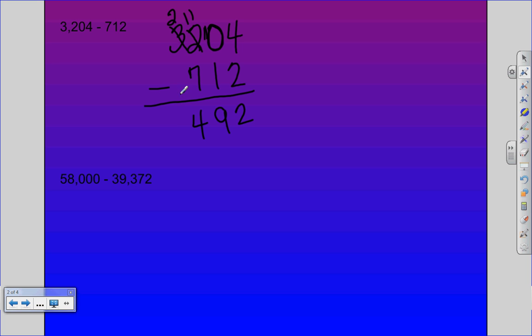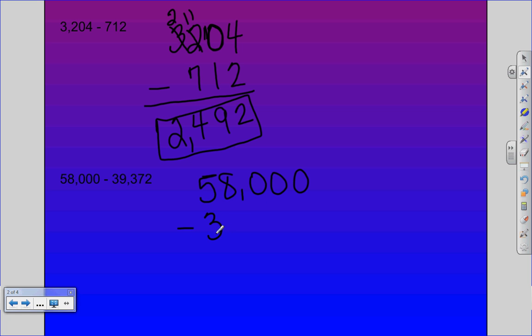2 minus 0 is going to be 2. Do not leave that 2 up there hanging. Make sure that you bring it down. Even though there is not a 1,000 place value here, don't forget that 2 up there. So your final answer is going to be 2,492. All right, your next example is 58,000